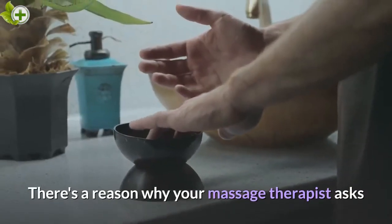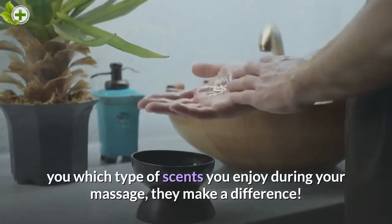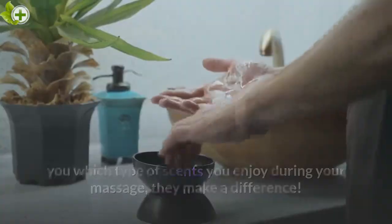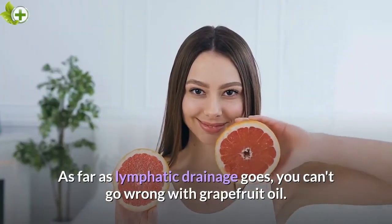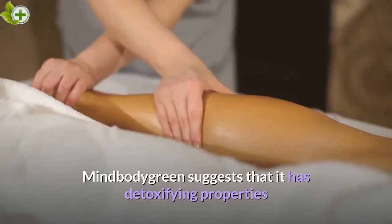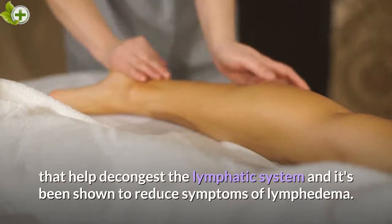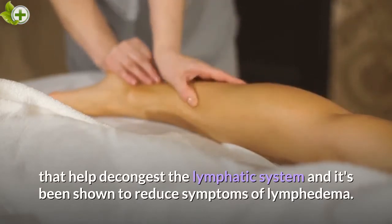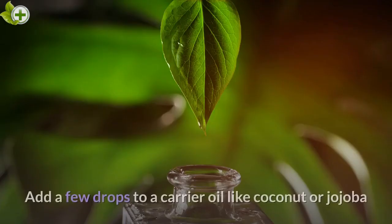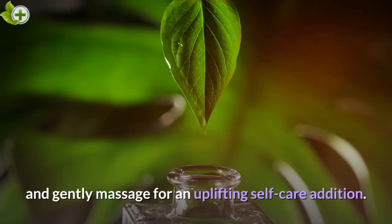There's a reason why your massage therapist asks you which type of scents you enjoy during your massage. They make a difference. As far as lymphatic drainage goes, you can't go wrong with grapefruit oil. Mindbody Green suggests that it has detoxifying properties that help decongest the lymphatic system, and it's been shown to reduce symptoms of lymphedema. Add a few drops to a carrier oil like coconut or jojoba and gently massage for an